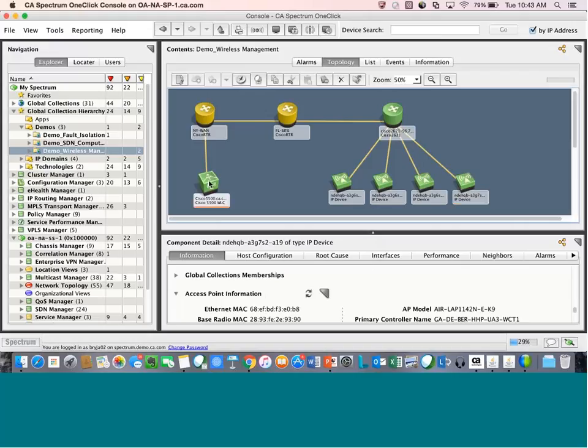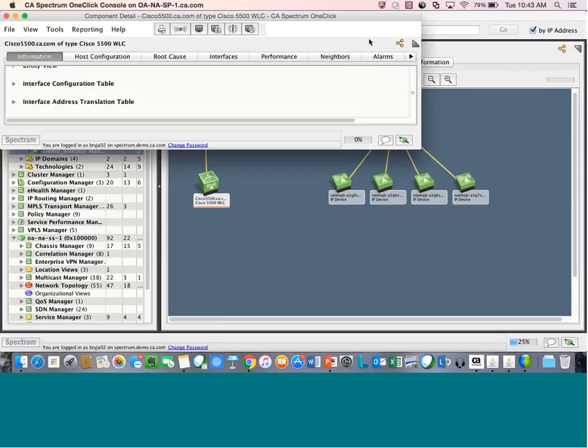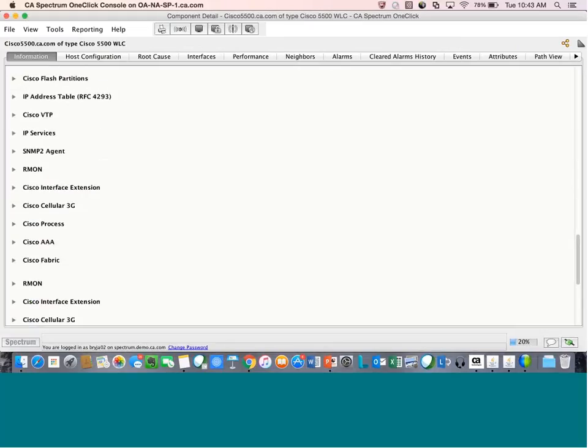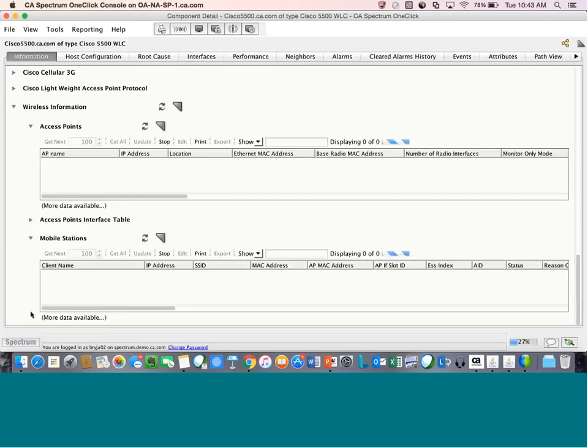If I click on the LAN controller, and let me undock this to get a little more real estate. And if I scroll down, there are 2 sub-components, and I'm going to open these up, because it does take a little while to pull these in my simulated environment.